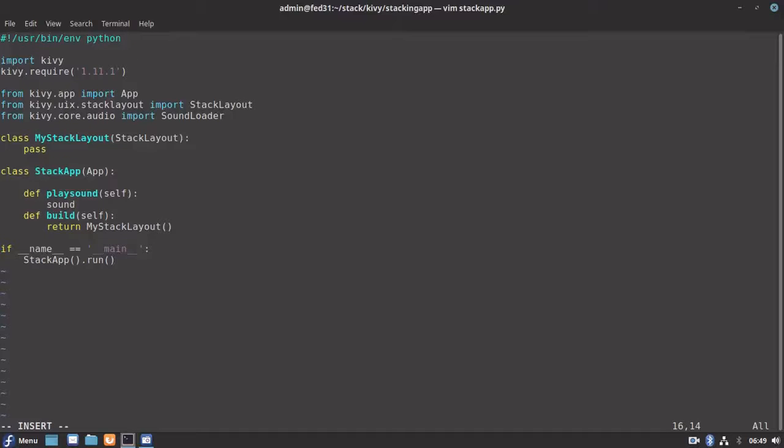Here we'll try to load some music or sound file. We need to use the load function to load our sound file. I have one wave file already available in my working directory, that is click.wav, and now we need to play the sound.